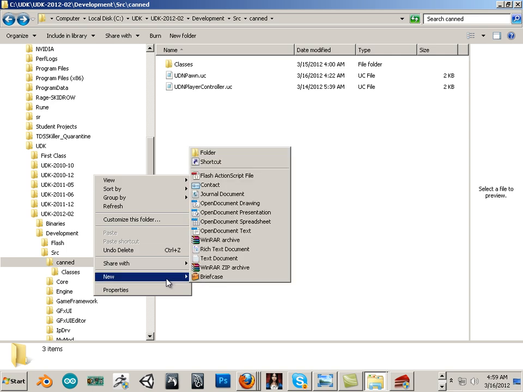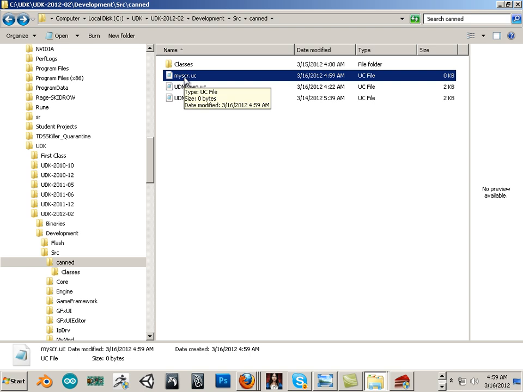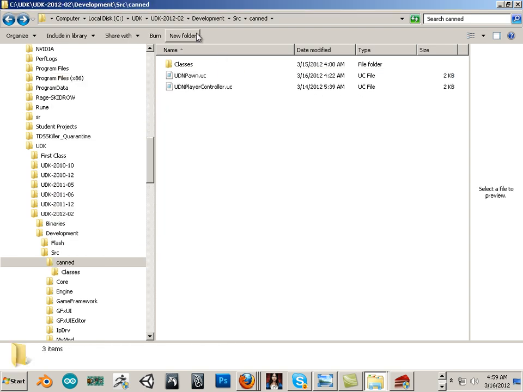Very easy. You just make a new text document. Get rid of the text. Do you want to change it? Yes. Voila. Now it's an actual script. What you copy and paste into the script is very important. So, in the document provided,